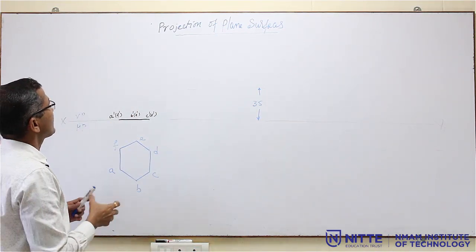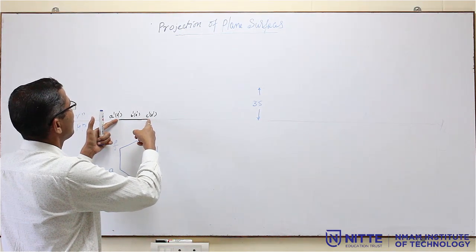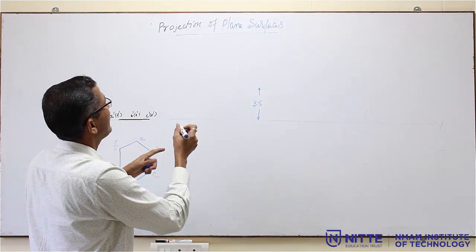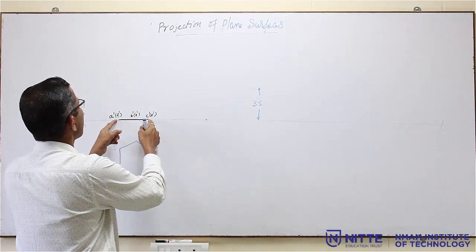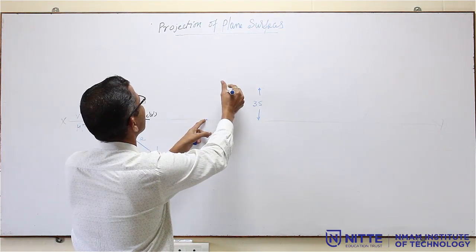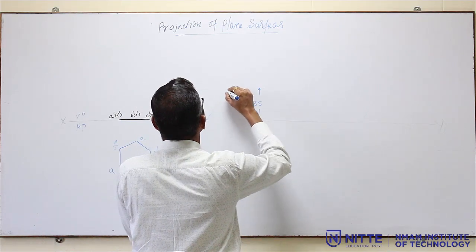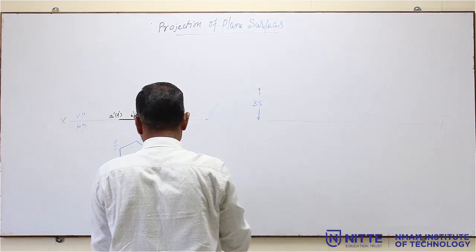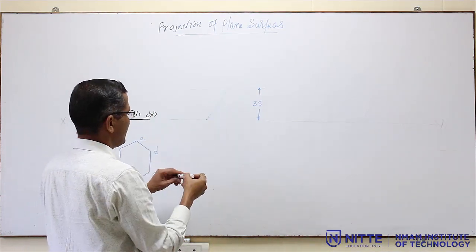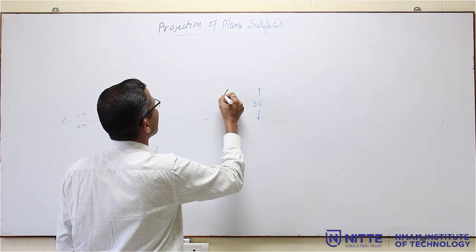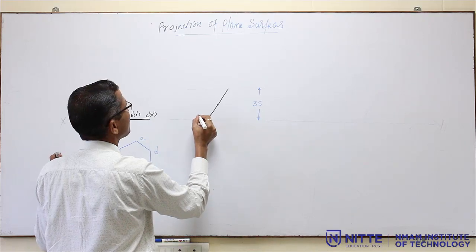Now, you take the compass and measure the front view length, this length. Take the compass and keep somewhere here as the center and measure this and cut like this. And copy this line. Now, the same length, the front view, what is here. So, it will be placed without changing the length, and mark the point, all the names also.